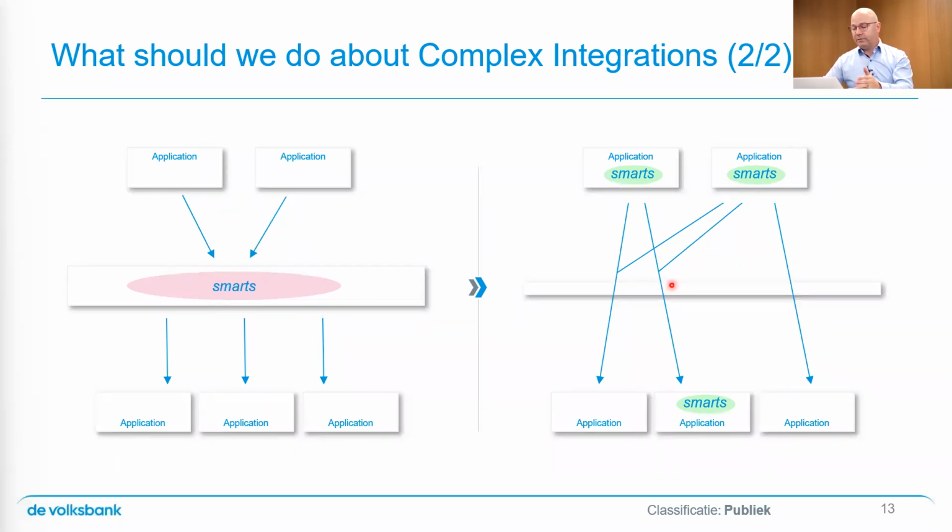So on the left-hand side, you see the pink-shaped smarts. On the right-hand side, we've moved them to the consuming applications and the offering applications, the applications that really offer business functionality. And what you see is that there is no longer business functionality floating in between. And now we can say that there are clear owners either at the consuming side or at the providing side. So it's no longer a lasagna that you had before.